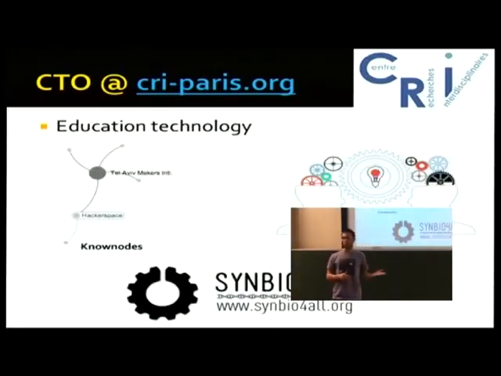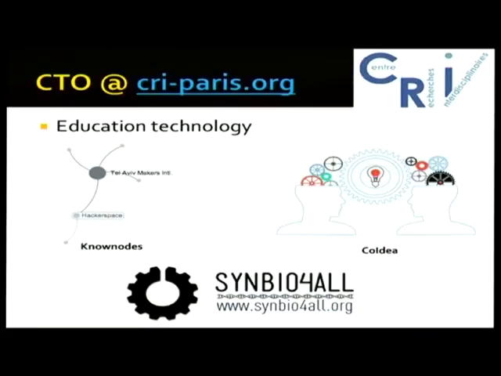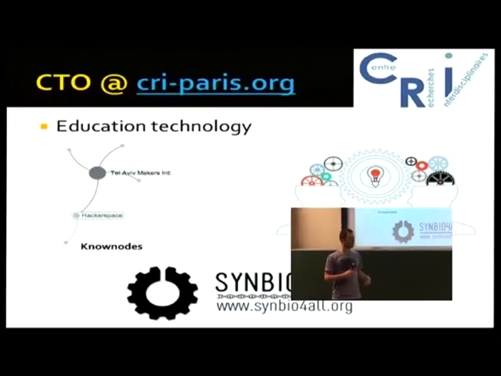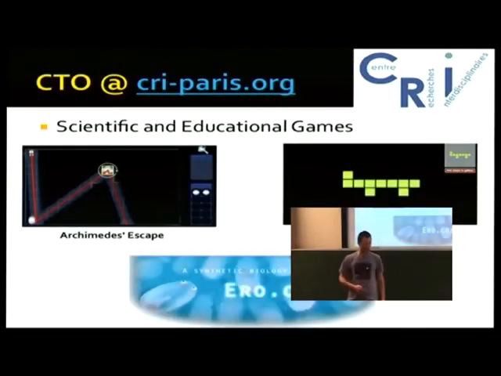We also develop our own open source projects there. One of the projects we developed is called No Nodes, which is a distributed way to link knowledge across the internet and show graphs about it. There's a project called Co-Idea, a platform on the web to spark new creative projects among people who don't know each other and come from really different backgrounds. A project called Symbio for All, which is in synthetic biology, and a way to create new projects in synthetic biology.